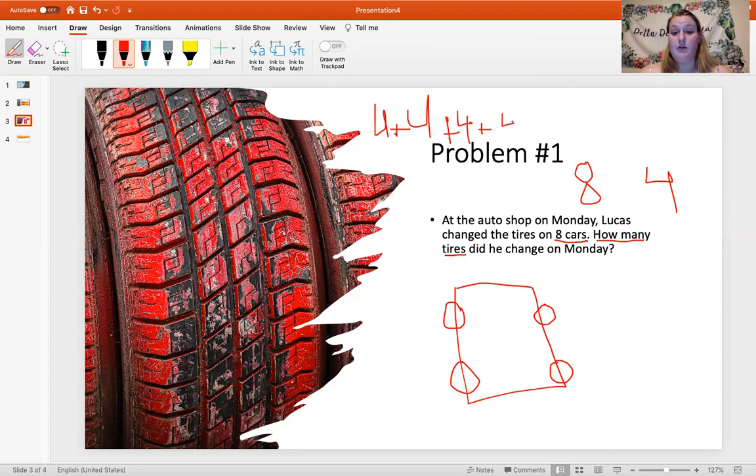3, 4, 5, 6, 7, 8. That would take me a while. Another way we could do this is by multiplying our 8 times our 4. So we could still find the same answer. So if I think 8 times 4,